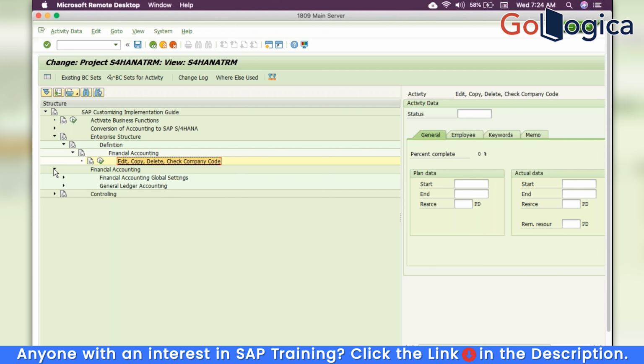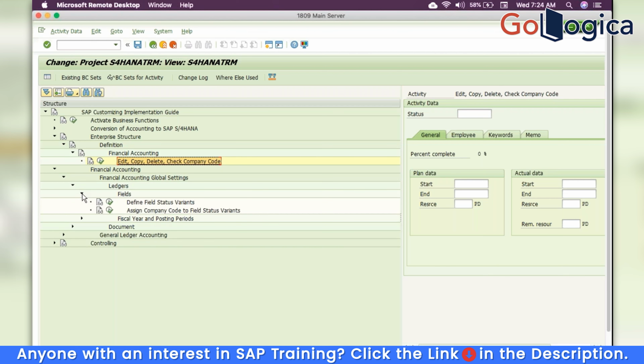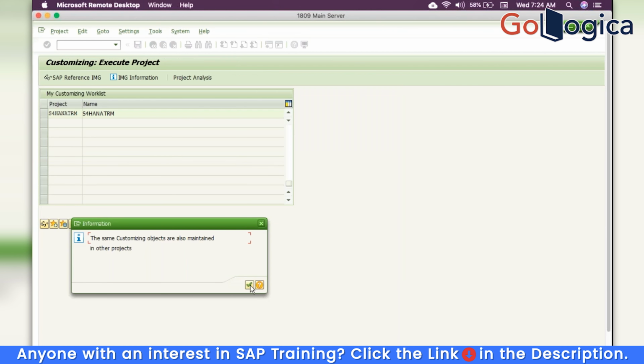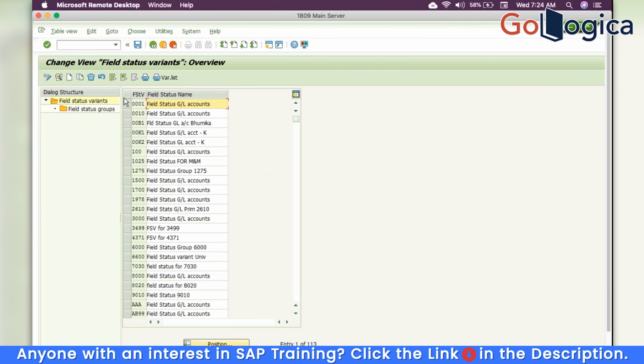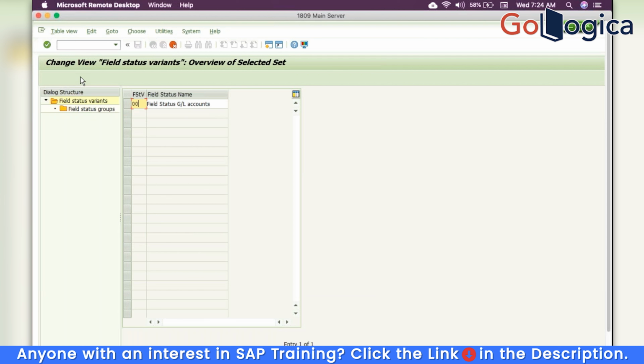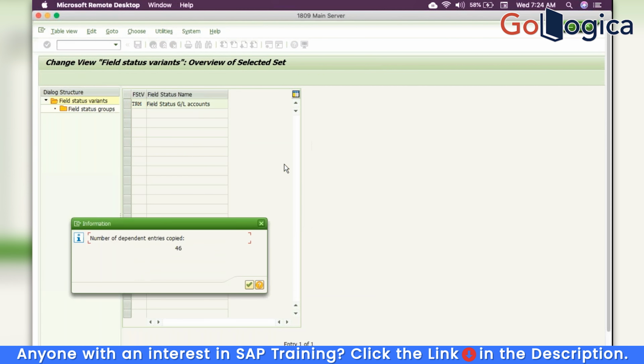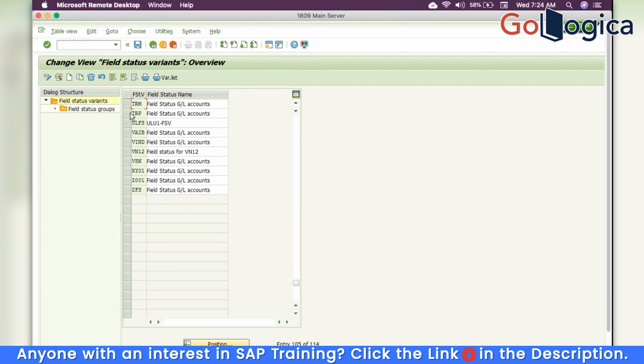Then come to financial accounting global settings, ledgers, fields, define field status variant. Here there is a very small change. In fact, this is not considered as a change. Select 0001, copy, change the field status variant into your own field status variant. Copy all. The change is when you select this field status variant, if you go to field status group, in